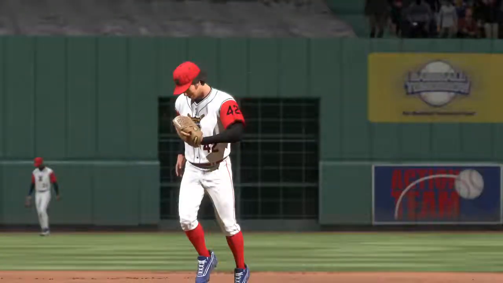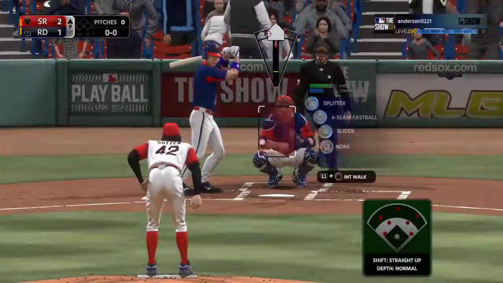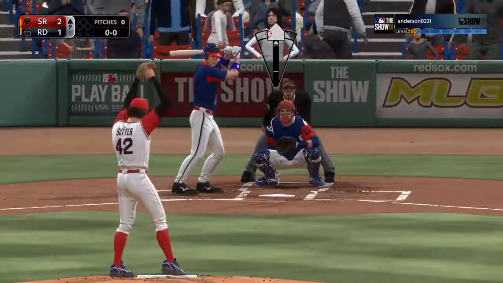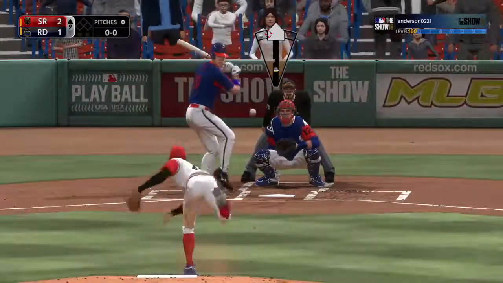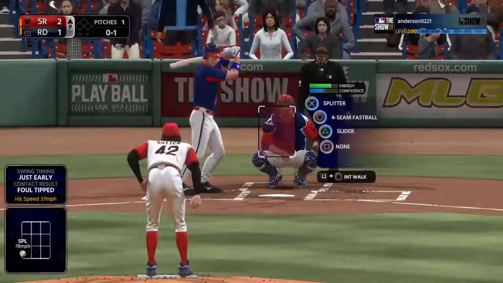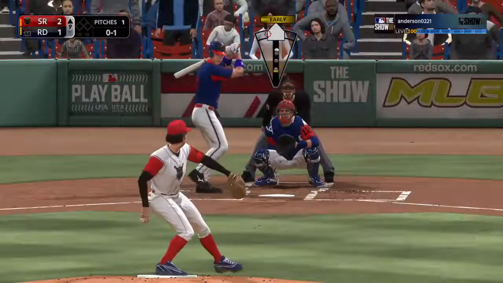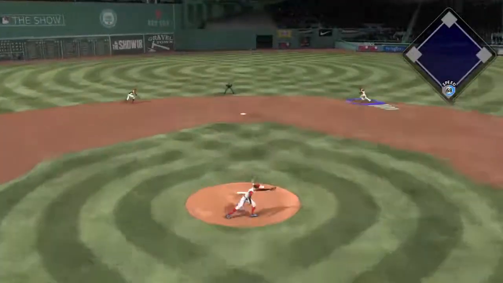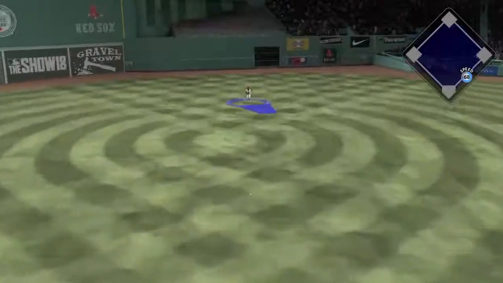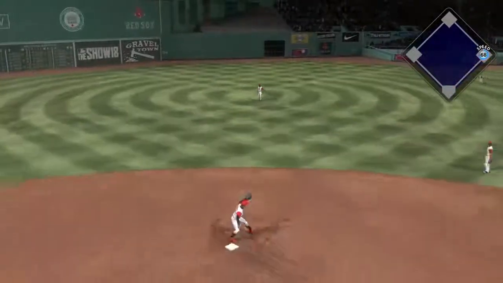Bruce Sutter enters from the pen to start the 9th inning as he'll try to keep the score right where it is heading to the bottom of the 9th. Leading off for New York, shortstop, Chipper Jones. Into the windup, here comes the 0-1. On the ground up the middle. And this will make its way into center field for a base hit, and the leadoff man's aboard now to